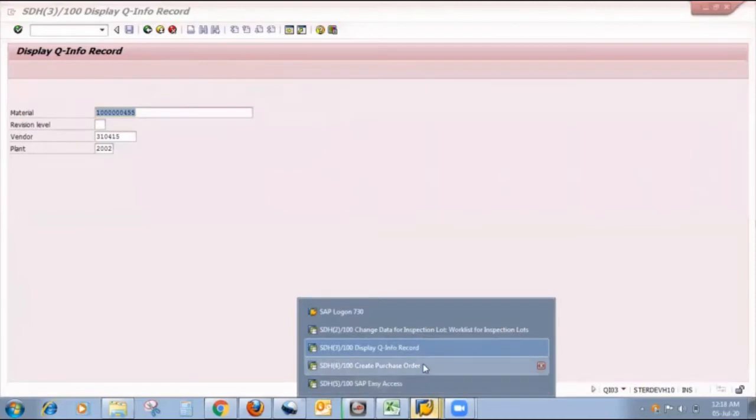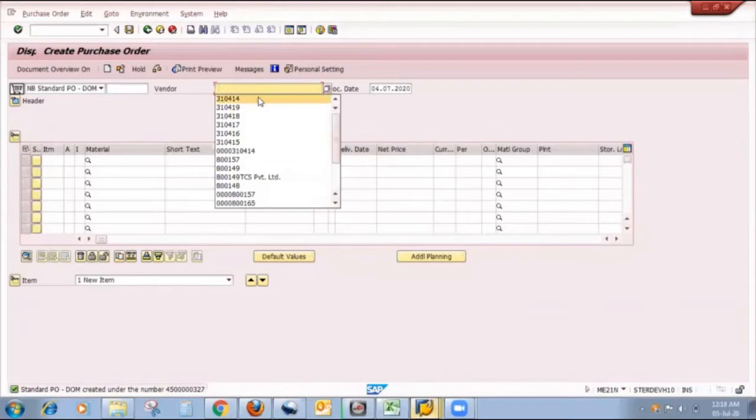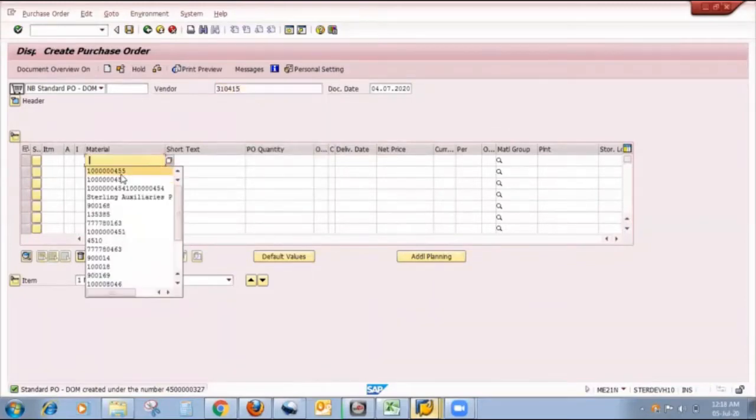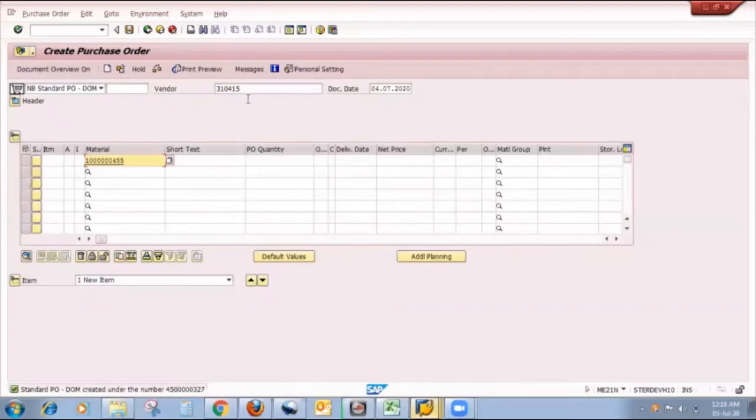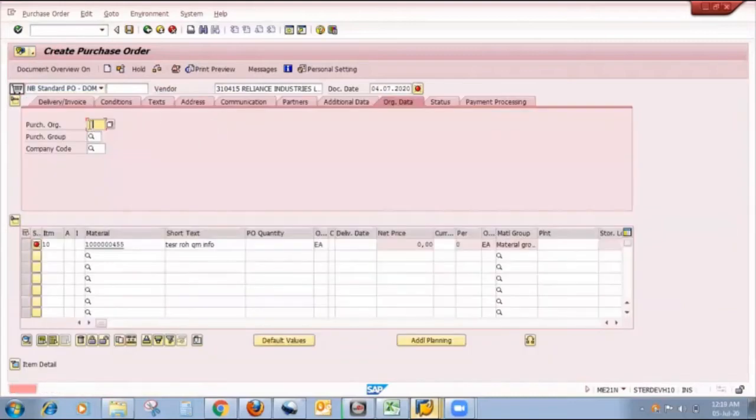So I will show you by creating a purchase order with the same vendor whether my purchase order will show a proper message or not. My vendor is 310415. Here I maintain the organization data, the material, the quantity, the price, and the plant.